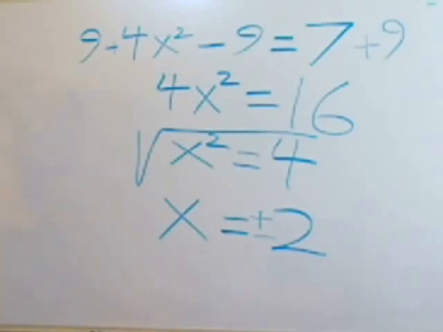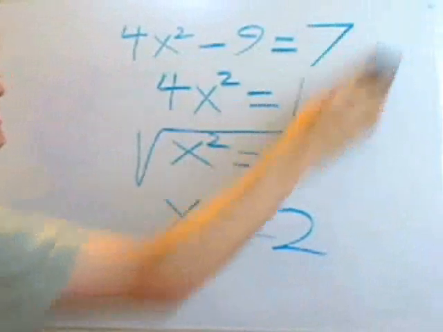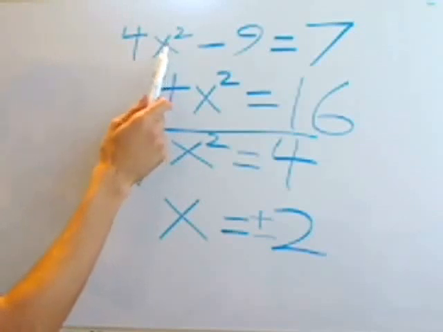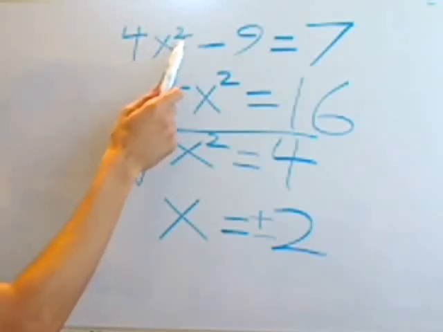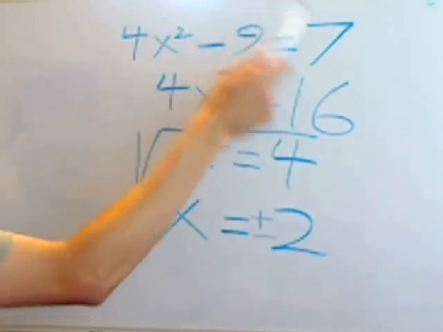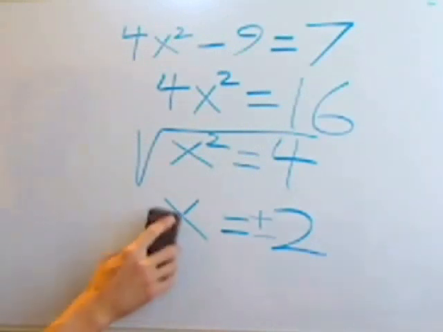Okay, and we can plug that into our original equation up here, and we'll see that that works out. So we plug in 2 here, or minus 2. Either one gives you 4 when we square it. 2 squared is 4, times 4 is 16. Minus 9 gives you 7. So both of those work out. Okay, so let's move on to the next